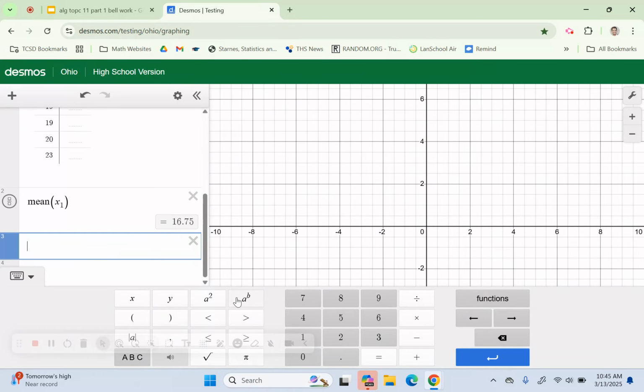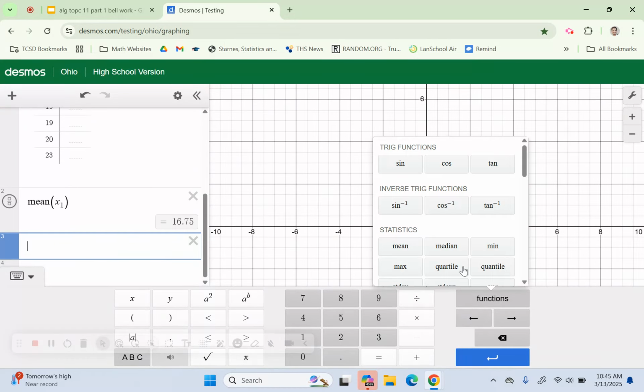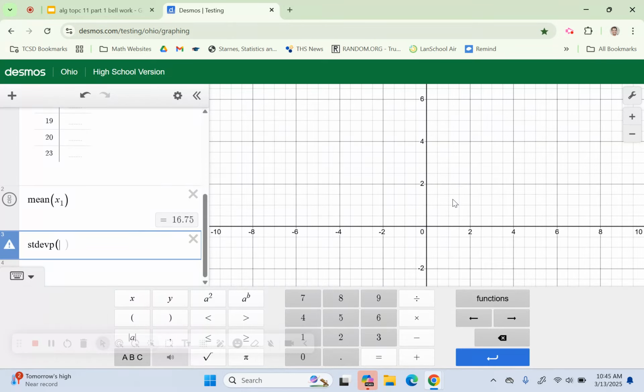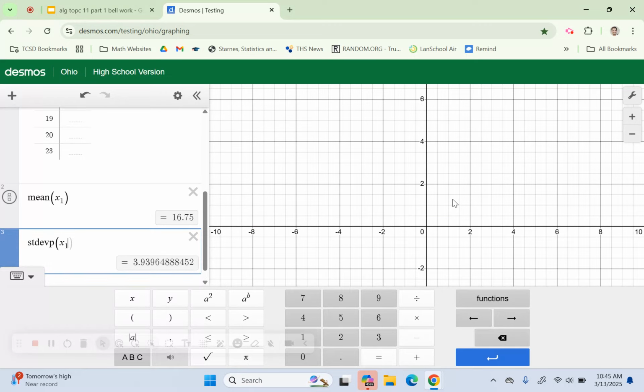Now notice, I'll show you in the functions. They don't say this is a sample. They say that these are the plants from this year. So we have to use this standard deviation P for population. Again, you're not going to remember that. It's okay, but I'm just going to tell you that's the best way to do it. Okay, so here for this year,